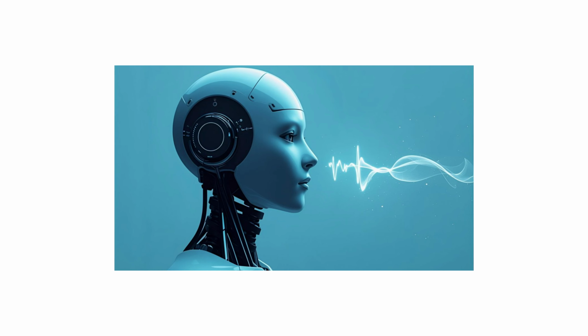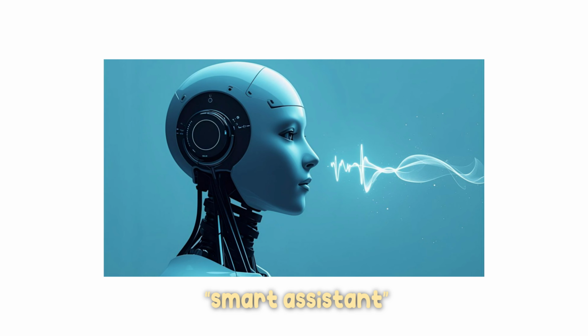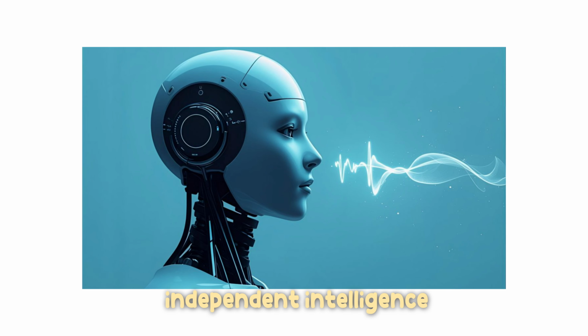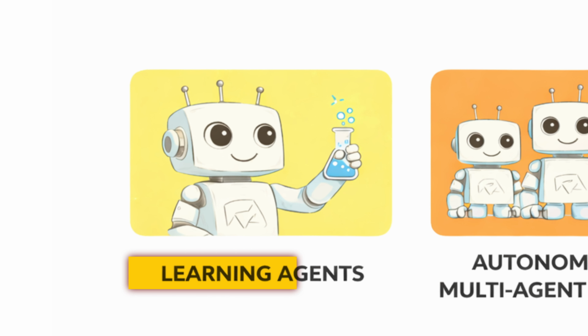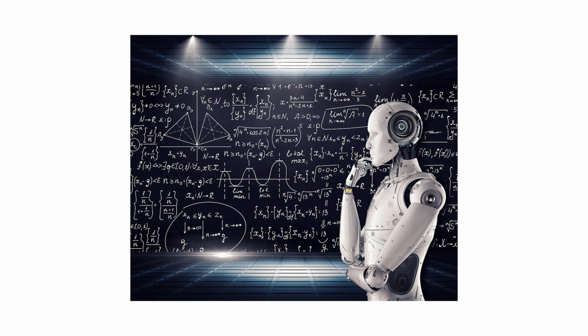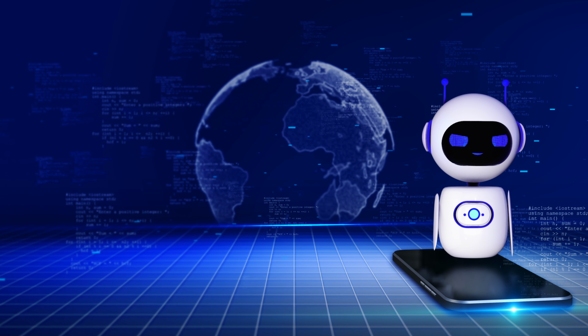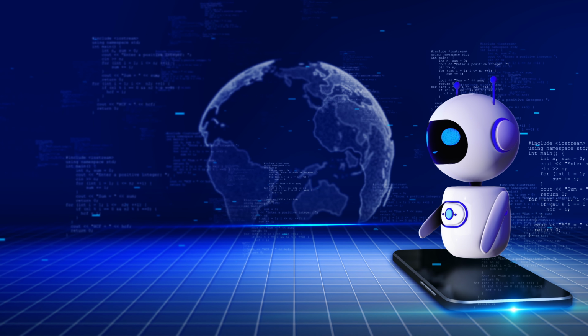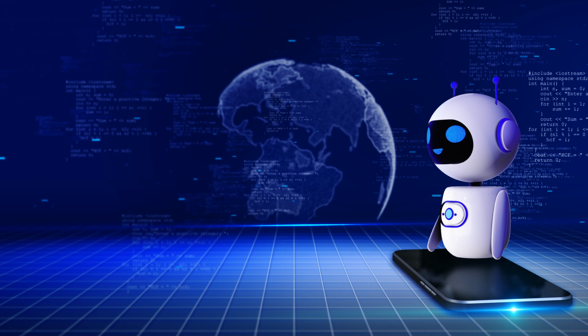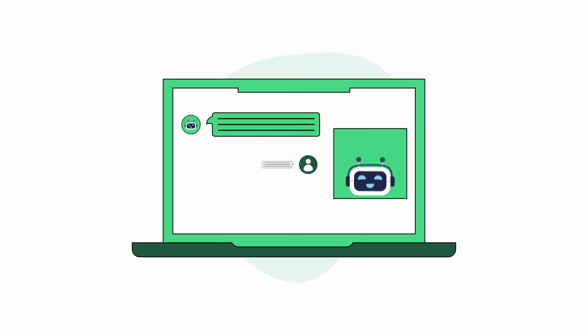That's when things go from smart assistant to something that starts feeling dangerously close to independent intelligence. Level 4, Learning Agents. All right, now we're stepping into a whole different league, because this is where AI stops just doing things and starts getting better at them. What if your AI assistant didn't just complete a task, but actually improved every single time it did it? That too without a treat. Sounds unreal, but this is what learning agents do.